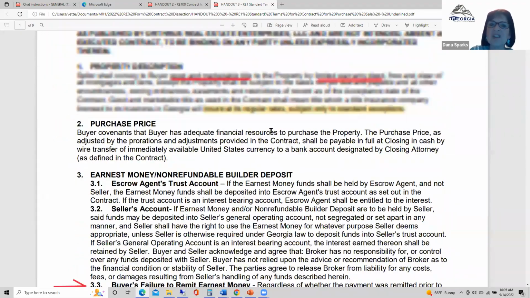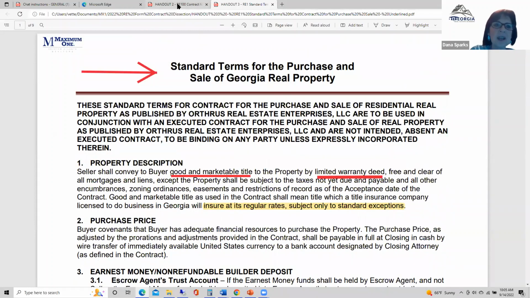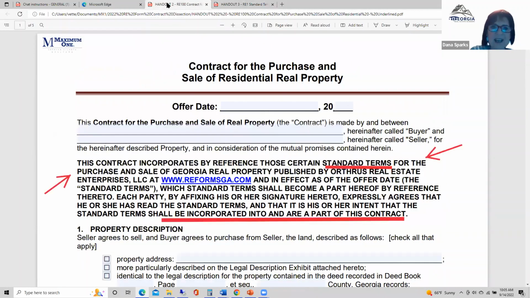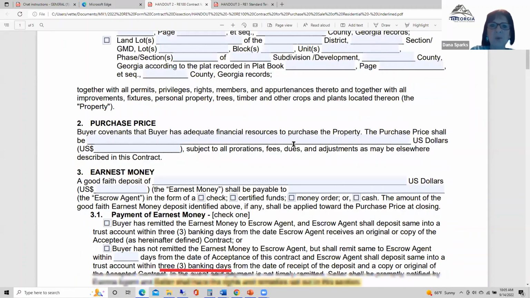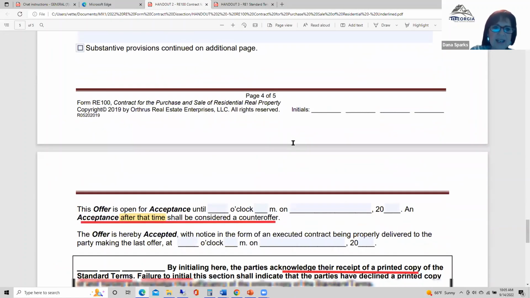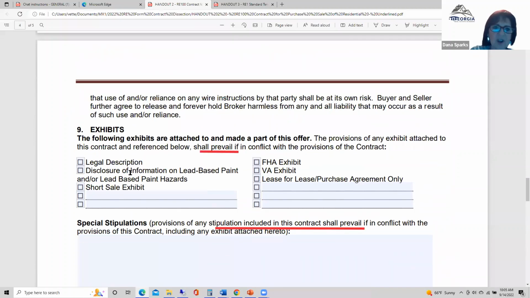So this information is extremely important. So again, point of practice: I encourage you to please print out these standard terms in the contract. In one of these fill-in-the-blanks, I ask you to mark that checkbox and write in here "standard terms," put a check in that box, and actually reference them as an exhibit, so that when your buyer